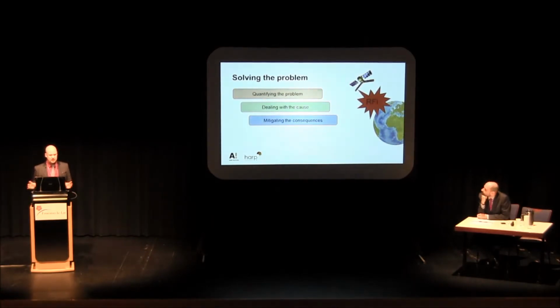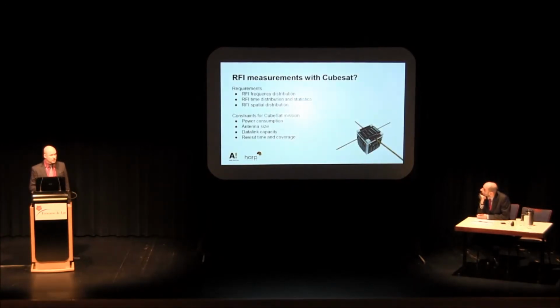There are several different possibilities to extend the integration time, to select non-affected areas from the integration and integrate only the good areas of the frequency band or the time scale. And then you can get out the functional system, which is the SMOS satellite soil moisture measurement at the moment. However, I believe that CubeSats can actually contribute quite a bit in quantifying the problem, measuring the RFI before the actual big missions are launched.